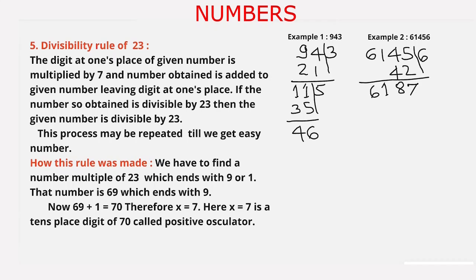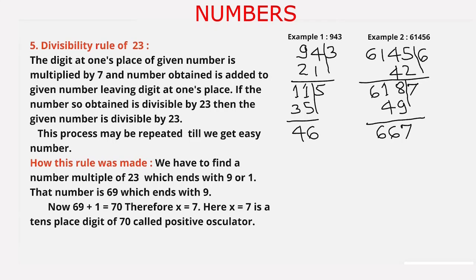Again the number is large and we cannot find the divisibility of this number by 23. So we repeat this process again. The ones place digit of this number is 7 and 7 times 7 is 49. Now after leaving the 7, we add 49 to the remaining part of the given number, which is 618, and 8 plus 9 is 17. We carry 1. 1 plus 1 is 2 plus 4 is 6, and we carry 6 again. So the number becomes